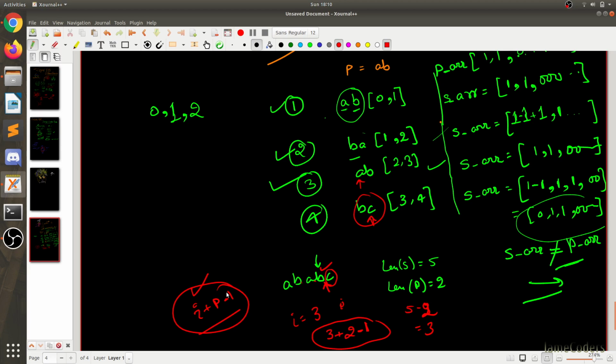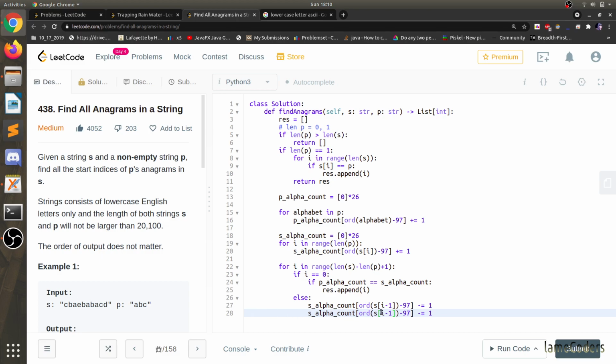Okay, cool. Now it should work. So I plus p minus 1. Go to that index, find the order, negative it, and then plus equal to 1. And at this place, I have to again check if alpha count is equal or not. Why am I adding 2 times?